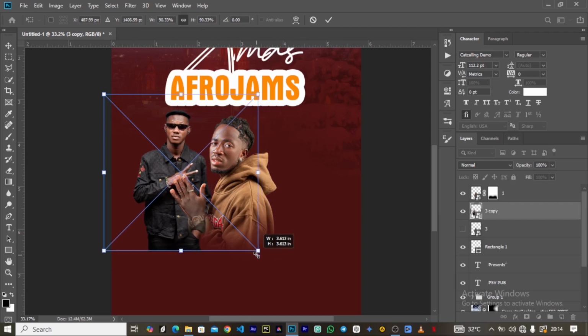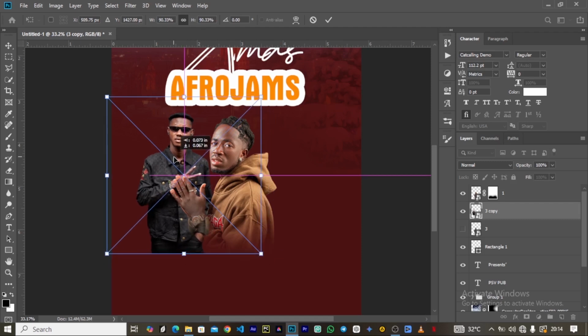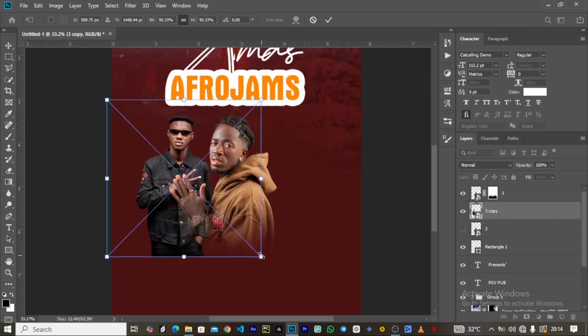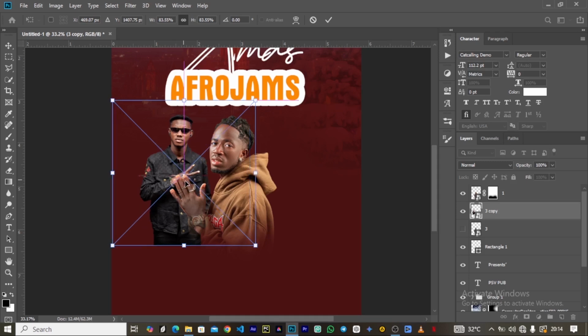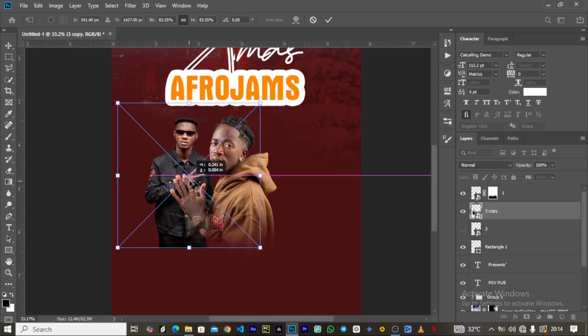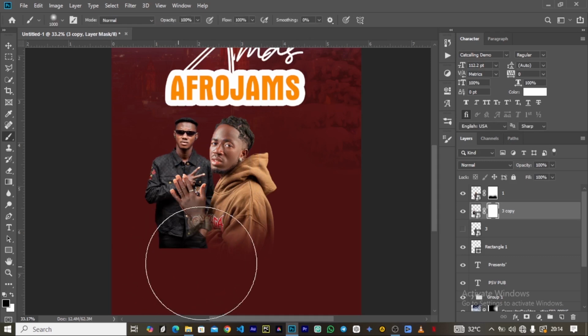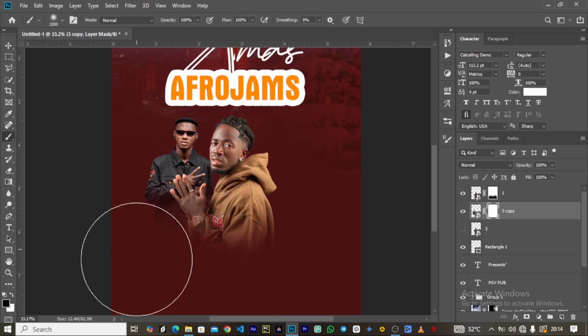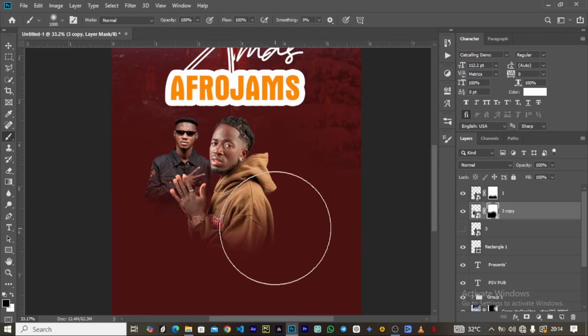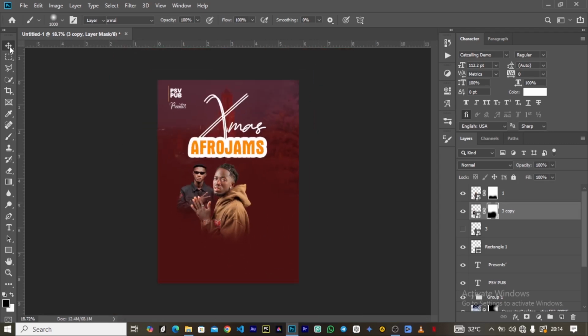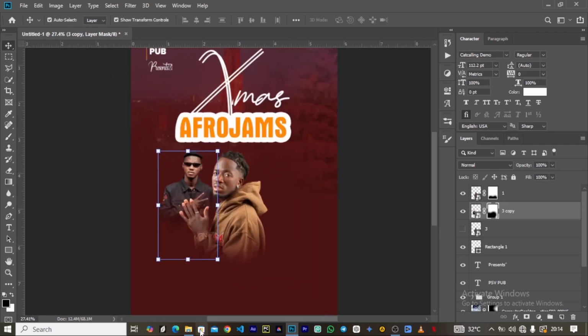All right, so just drag him here and then position him somewhere here, yeah. And then what you do next is you create a layer mask and then brush portions off. All right, so something like this is okay. Now let's go to the next artist and drag